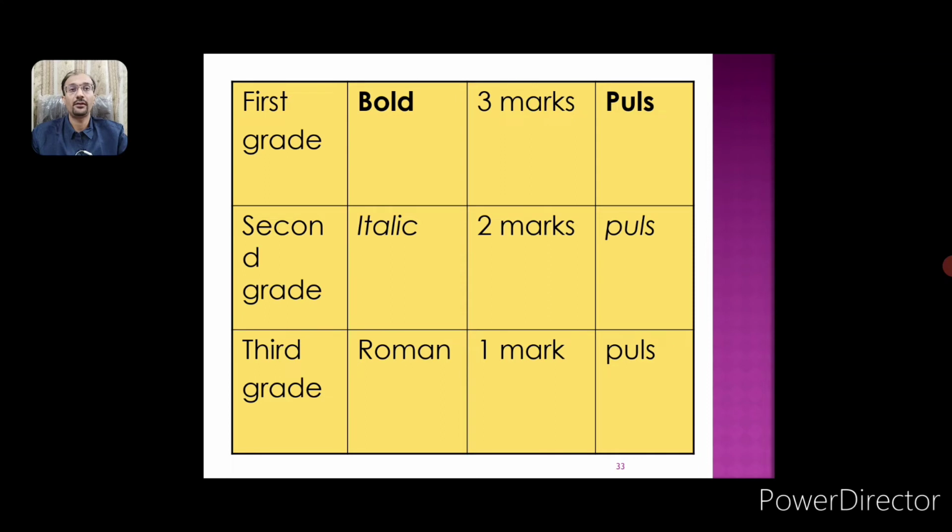So according to this method, Dr. Kent has given three different typographies to represent these three evaluations or gradations of medicine. The first grade medicines were typed in bold letters. During the repertorization process, we are going to give them 3 marks. The second grade were typed in italics. We are going to give them 2 marks. And third grade were written in Roman letters. We are going to provide 1 mark to those medicines.